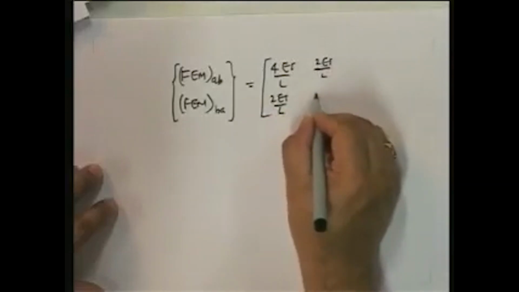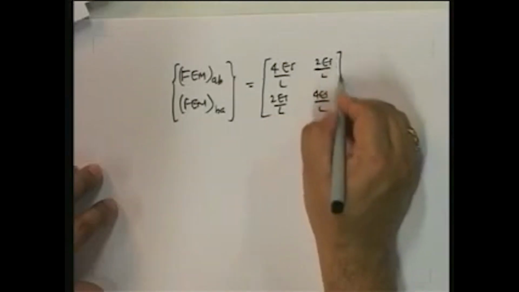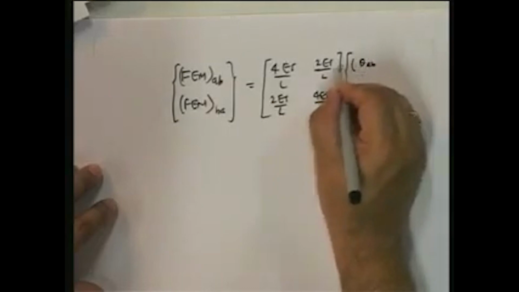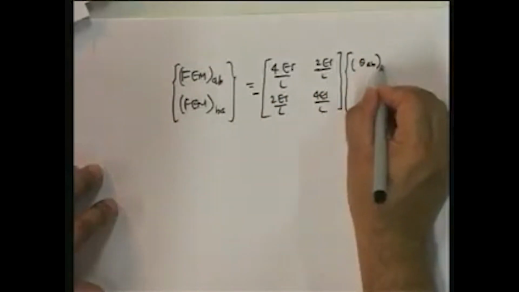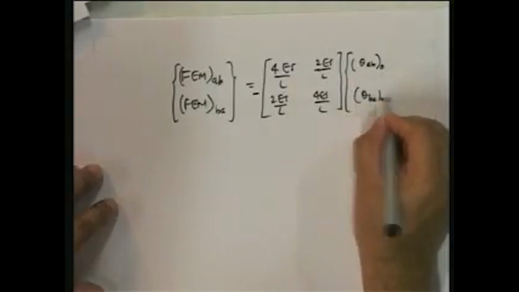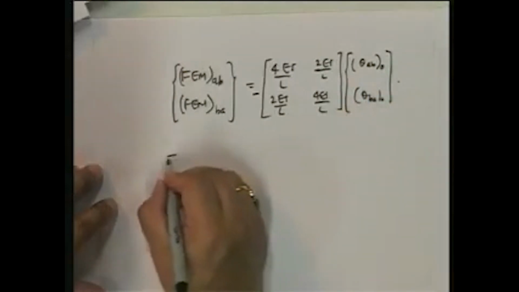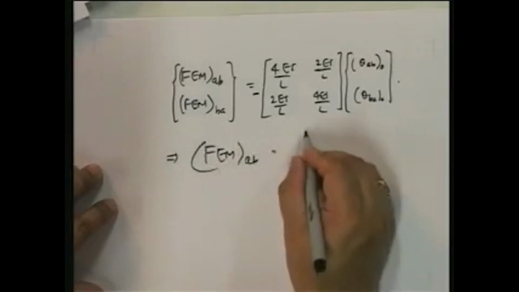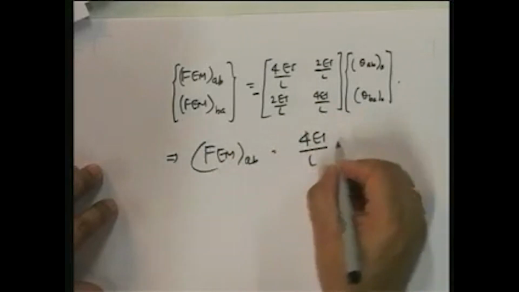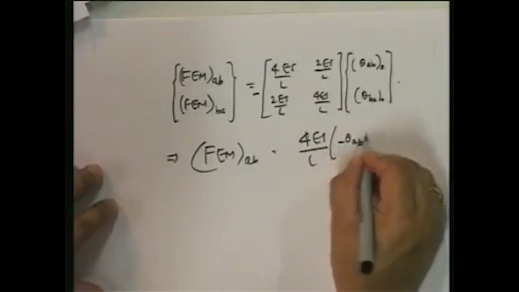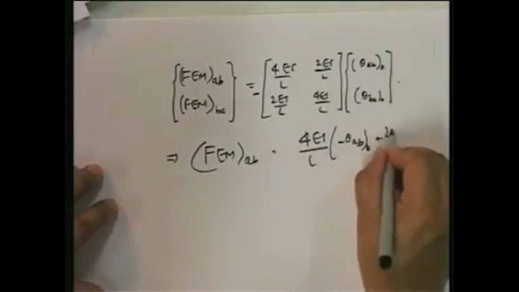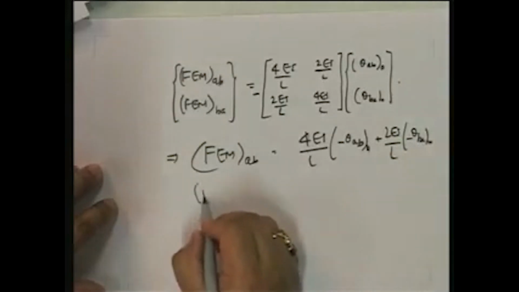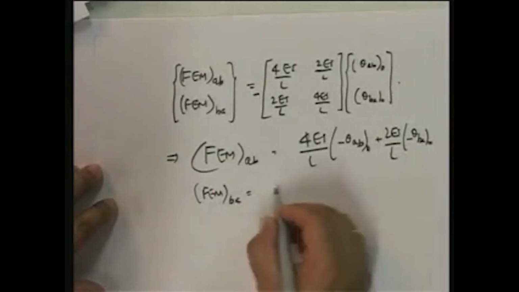When did we use this? To develop the slope deflection equations. So if you look at this, this becomes equal to minus theta AB 0, theta BA 0. And if you look at this, this is equal to fixed end moment AB is equal to 4 EI by L minus theta AB0 plus 2 EI upon L minus theta AB0, and similarly fixed end moment at BA is equal